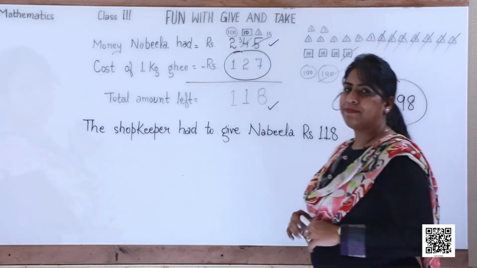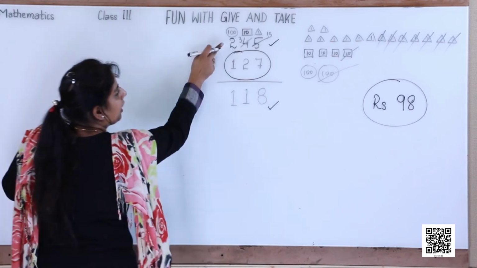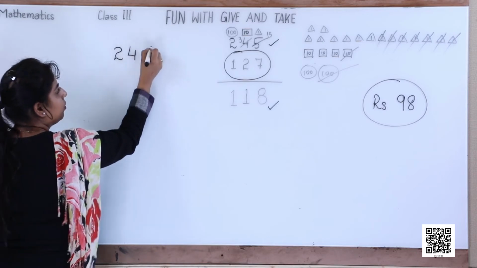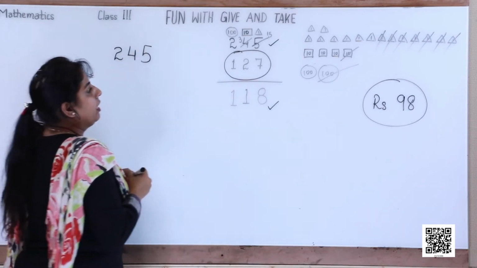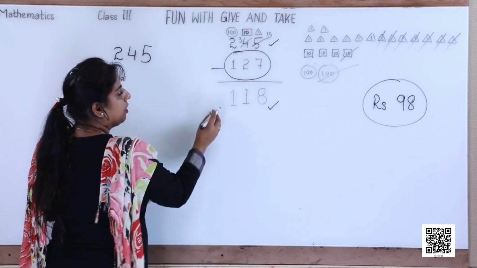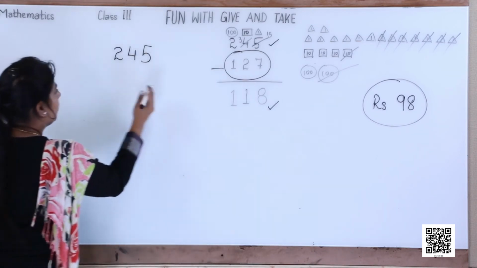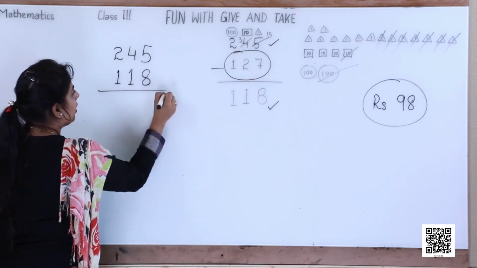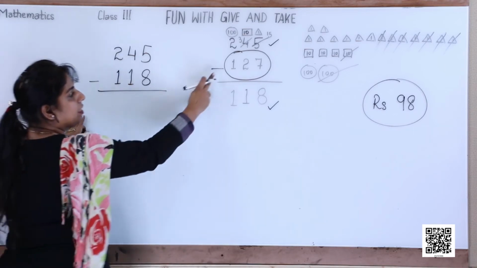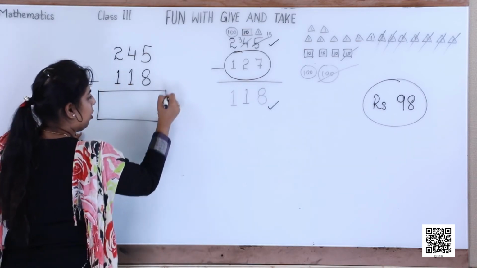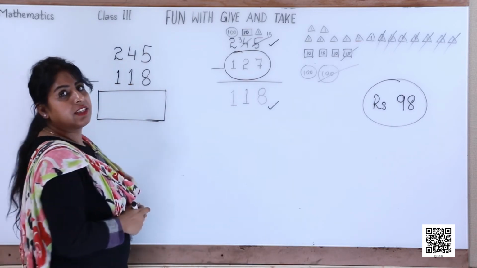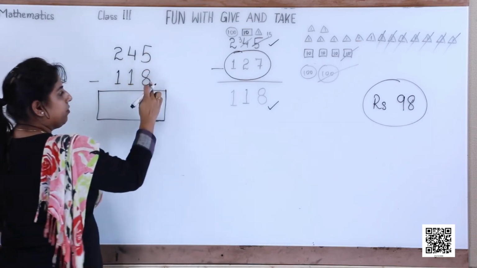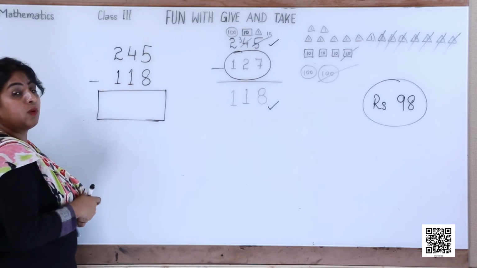Let us do it. So for checking, what are we going to write? This statement, that is the total, will be written again the same way, 245. Instead of writing this second statement, we will write the answer that we have got underneath this, 118, right? And if we get this answer here in this box, then our subtraction is correct. So let us check out. Out of 5, can we subtract 8? No, we cannot.